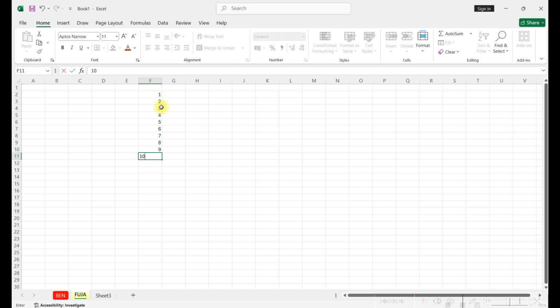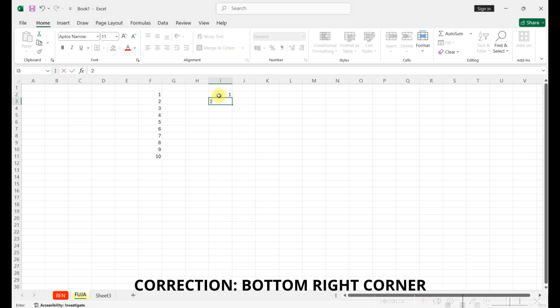But this actually becomes stressful if I am typing down to 50 or to 100. So I can decide to just type 1, 2, and enter. And I'll just have to select both cells,